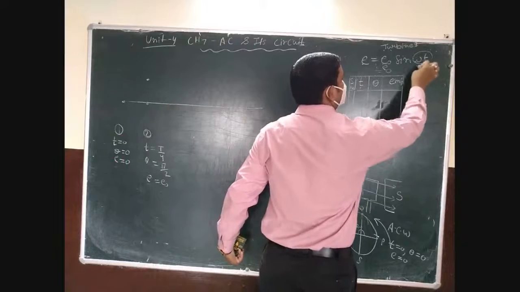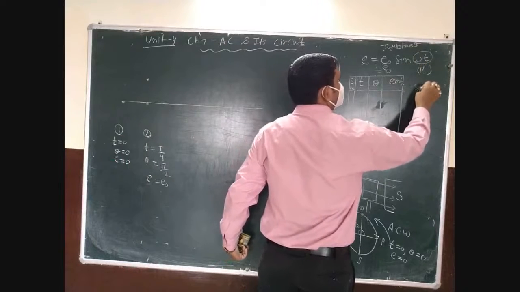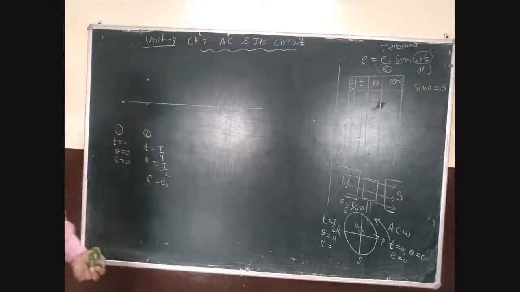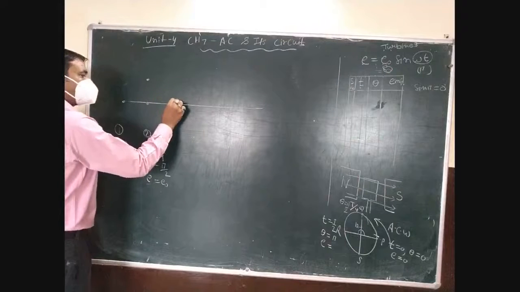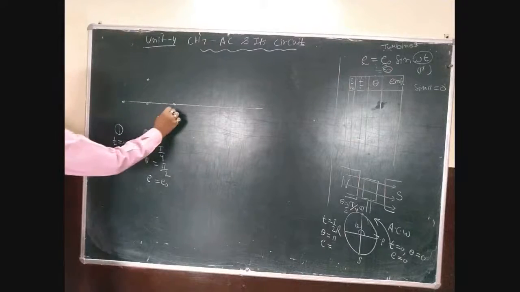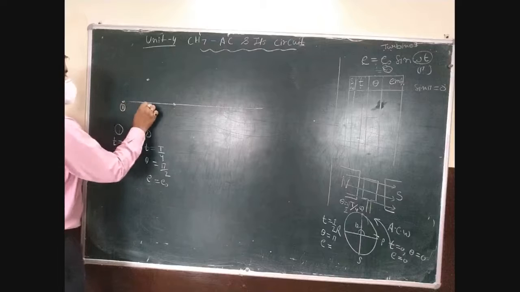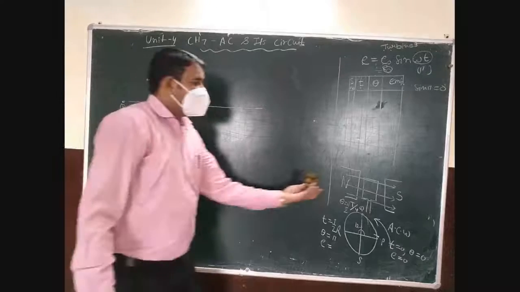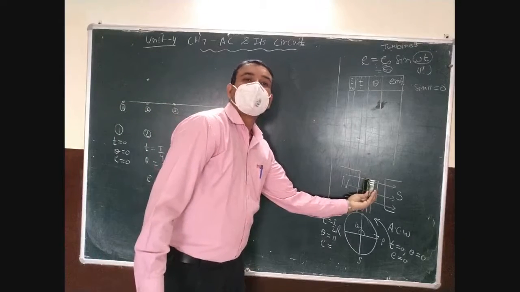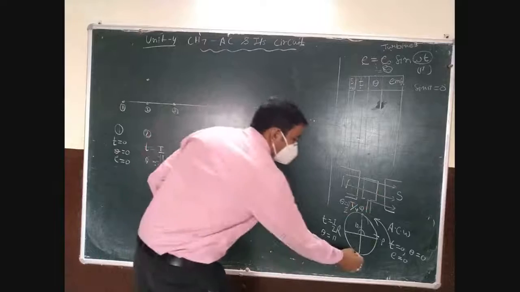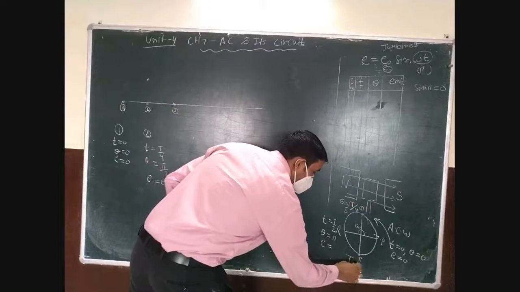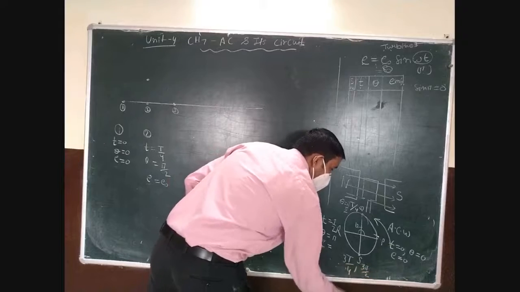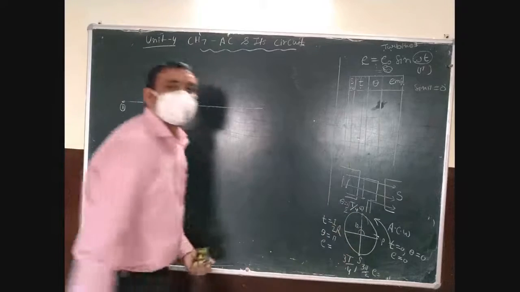When we use pi, sin pi is 0, so again this result is 0. Okay, and we observe it will reach here. This is the third situation. First, second and third. Then it will again rotate, and at T equal to 3T by 4, the angle is 3 pi by 2, and we need to calculate this E.